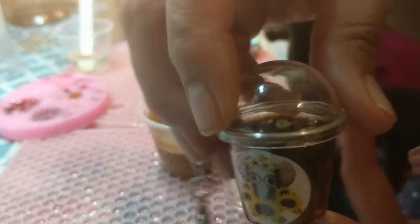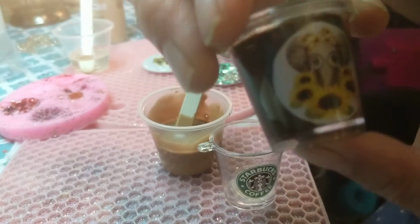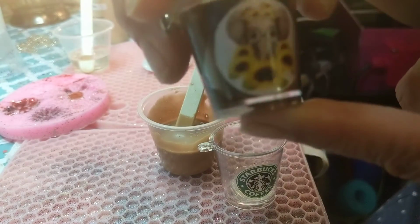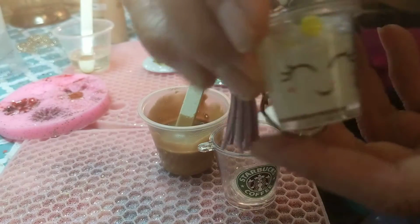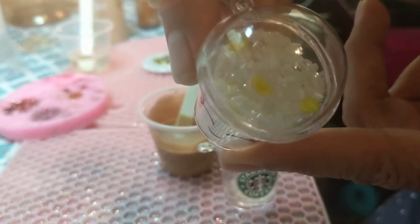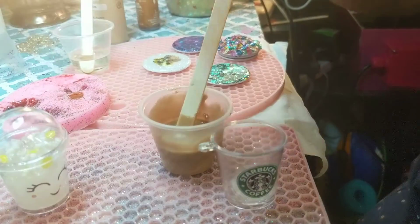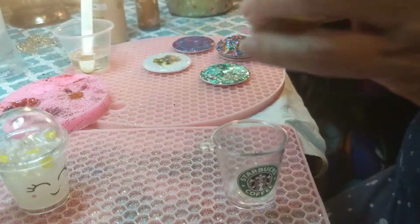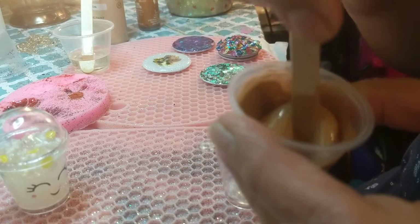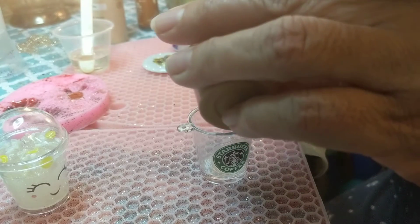And one of the samples that I've made of these keychains, this one, has a little elephant with sunflowers, and then it's got little lemons on top. And this one is the lemonade. I was trying to find the one I made that had Starbucks on it with the brown coffee, but I can't find it. So as you can see, it's starting to get a little thicker. I'm going to go ahead and pour it in now. And that's really all we have to do to these,